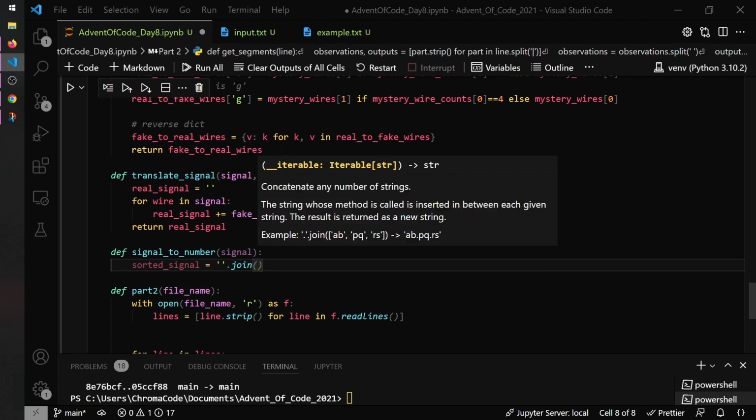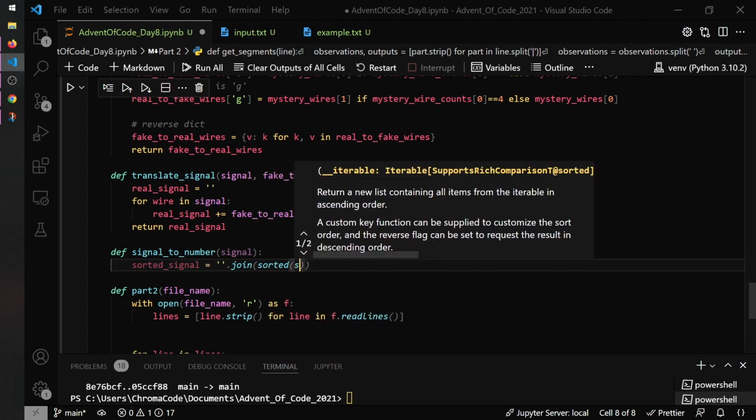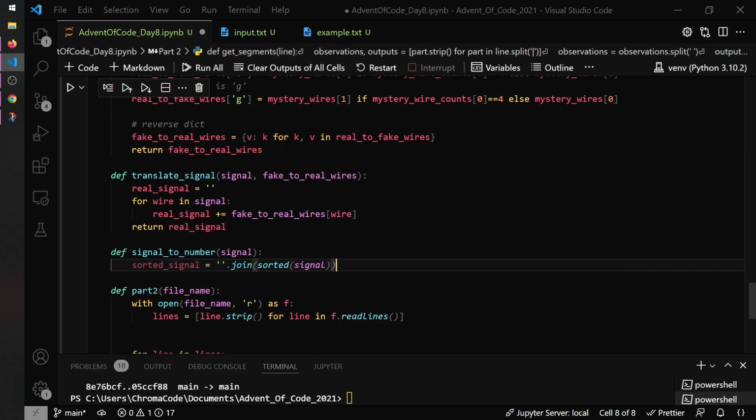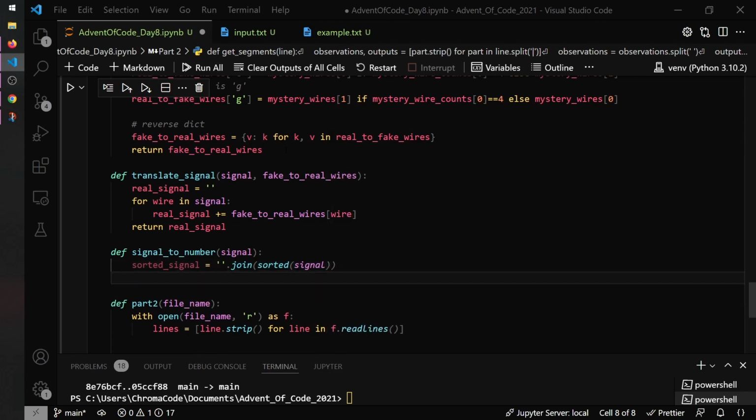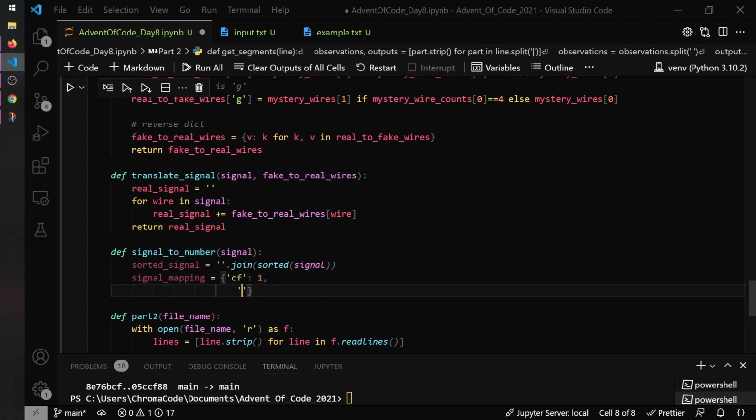So first, let's join all of the letters back together in a unique way, so we sort them, so it will always be A at the start, so it won't be FC for 1, for example. Instead it will always be CF because it will be sorted by alphabet. And then we can construct the signal mapping, which will map CF to 1 and CDEG